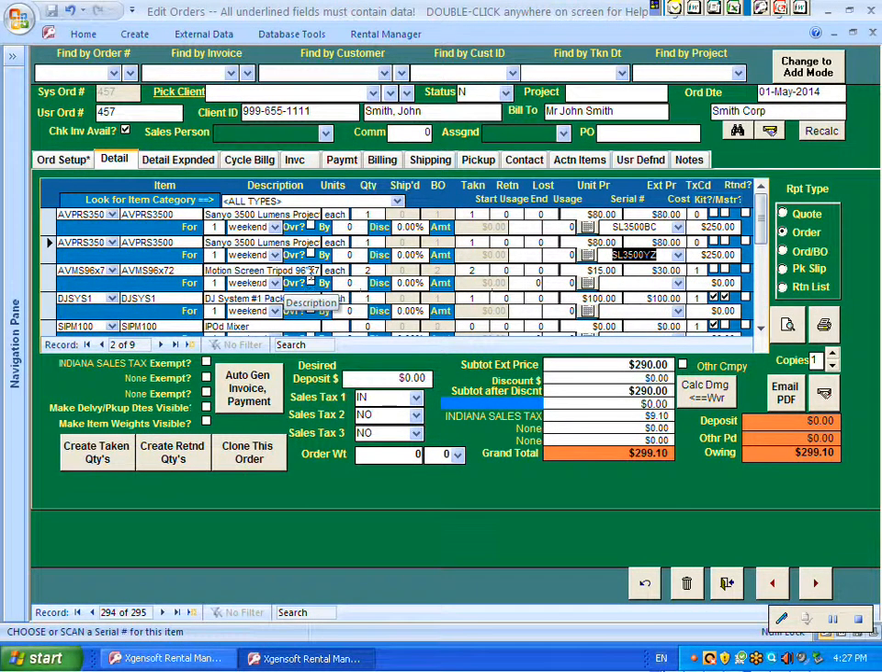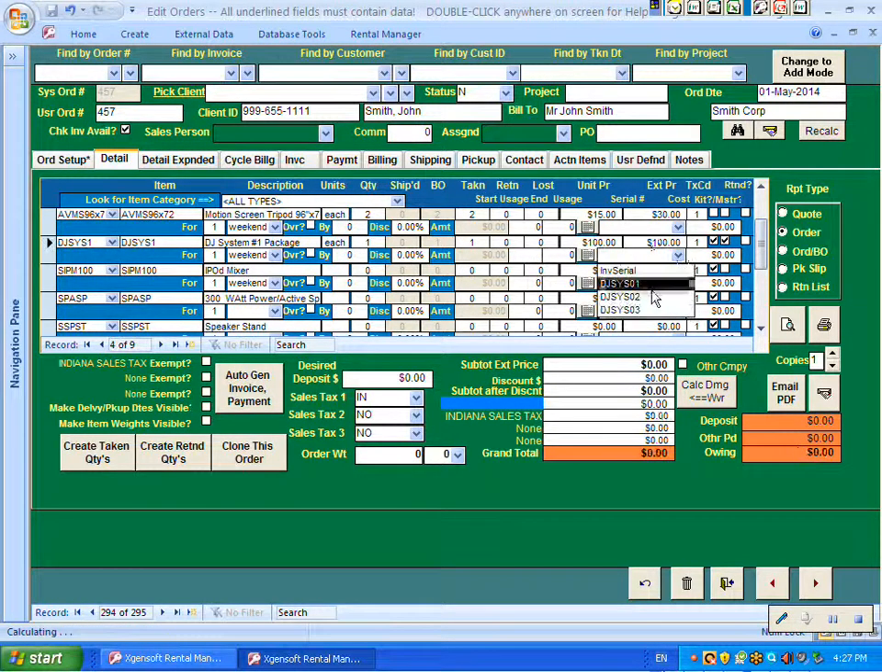Now the next item on my list is a tripod, and I have a quantity of 2 here, which means I'm not going to send them out with serial numbers. I'm just going to put the 2 in my order and see what else I need to worry about as far as a serial number. And here's my DJ System #1 package. I can see on the box it has a serial number. I want to make sure it's listed. Click on the pull down tab. There's my number 3 that I have on my box,